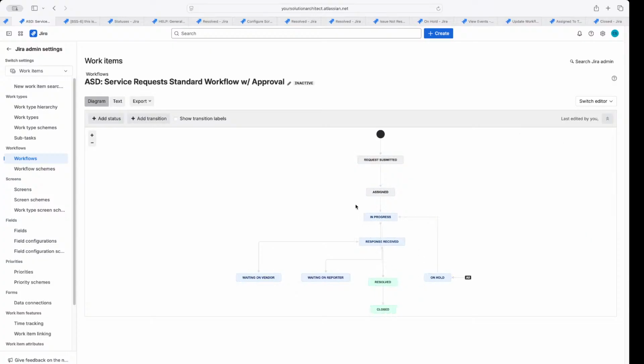Beautiful, good enough. All right, so now that we have this workflow and we're happy with the statuses, we've put our conditions, our validators, our post functions, all of that jazz in and made our workflow really powerful. We need to put it in our project. So let's wrap this up by doing that. We're gonna put it in this ASD project. So I'm just gonna copy this. We're gonna go back